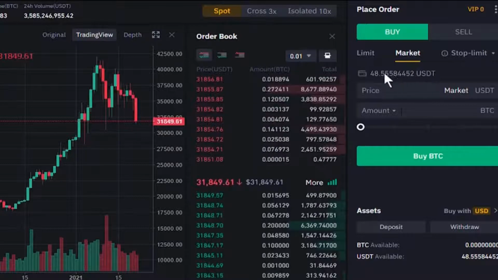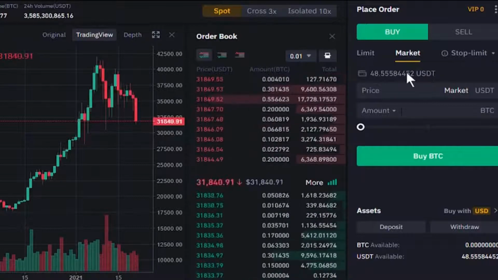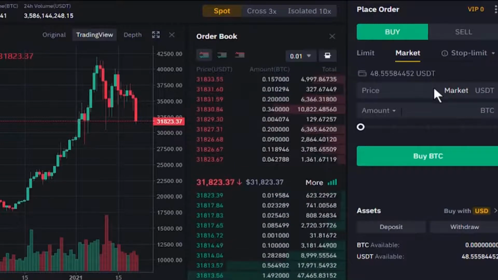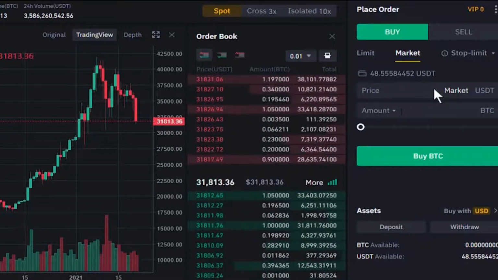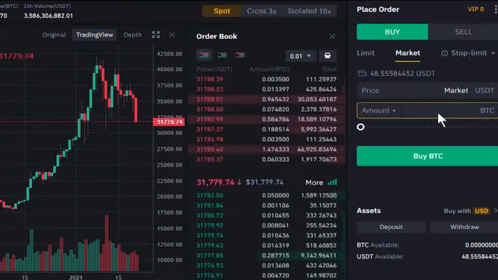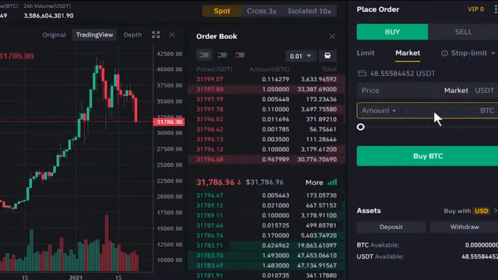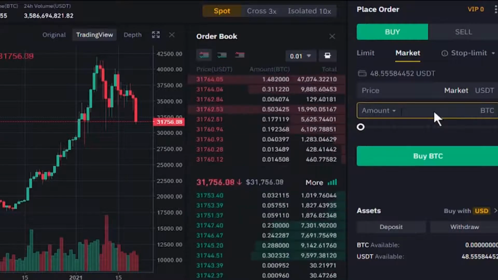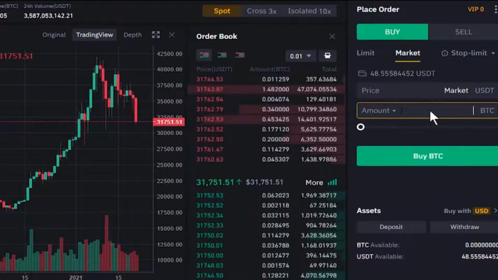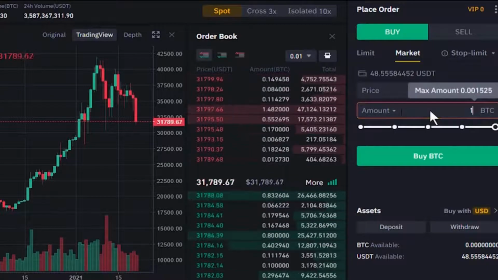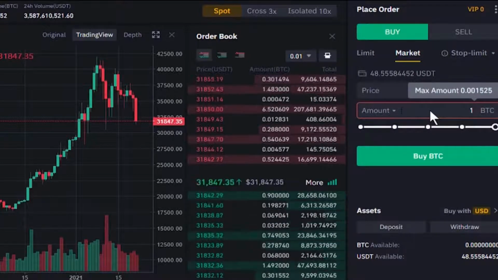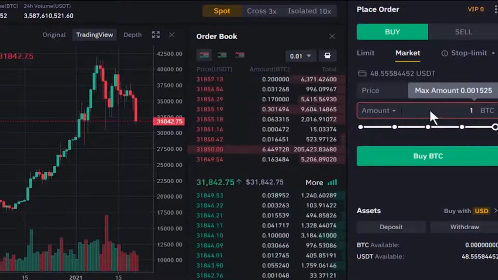Here, as I said, it shows how much Tether is available for us to buy Bitcoin. Here the price is set to market because we are placing a market order. And in this box, we enter the amount that we want to buy. And actually it's based on your available Tether. If you enter, for example, 1 Bitcoin, you see that it gives the alert that the maximum amount that we can buy with our available Tether is something like